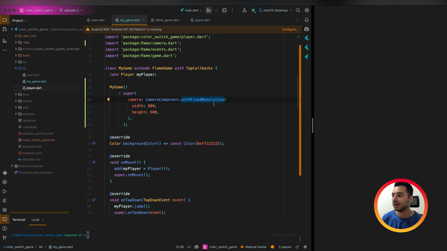For example, in this example, we say we want a camera which shows the content in a resolution of 800 by 600. So in this way, there will be a camera which shows the content in a virtual size of 800 by 600. So if you scale up the window, it scales everything but keeps the consistency and keeps the aspect ratio.